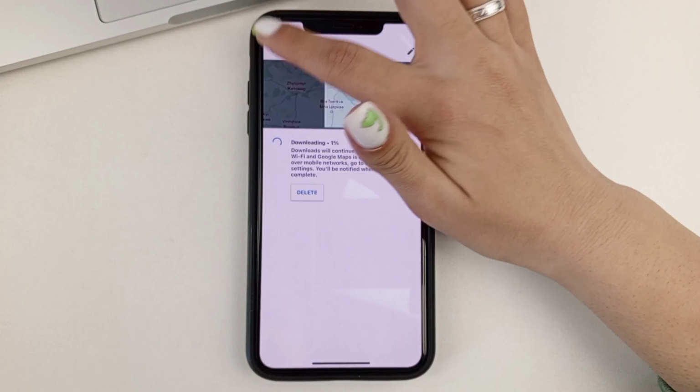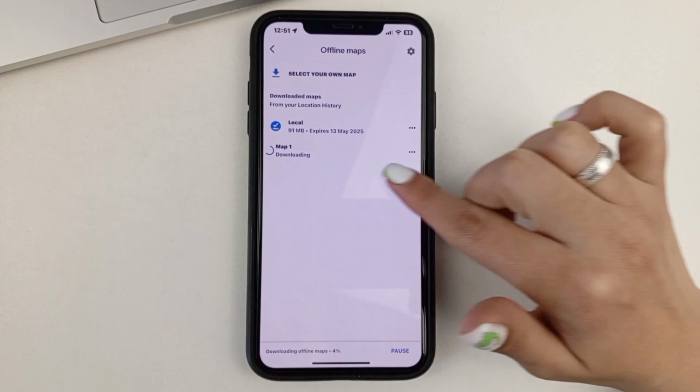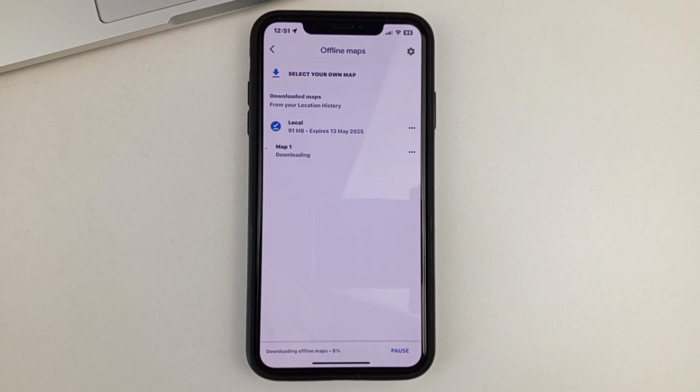This is going to take some time. As you can see, now the map of the terrain that I have selected, it is downloading. At the bottom, you can also see the percentages. For example, mine has already downloaded almost 20%. So you can control this process and understand how long it will take for this map to be downloaded. And after it will be loaded, you will be able to easily enter it and look at the terrain.